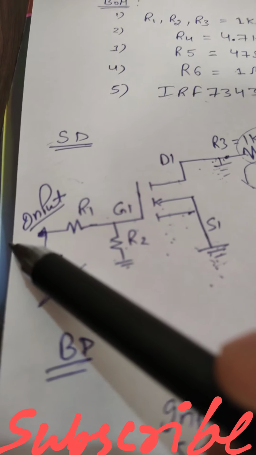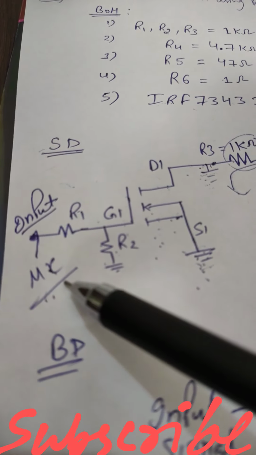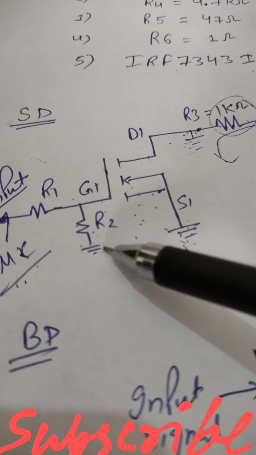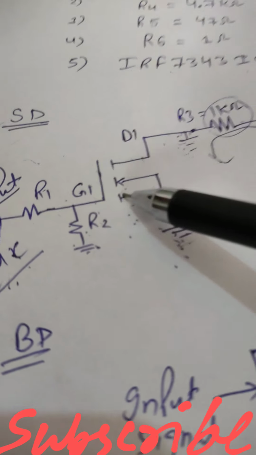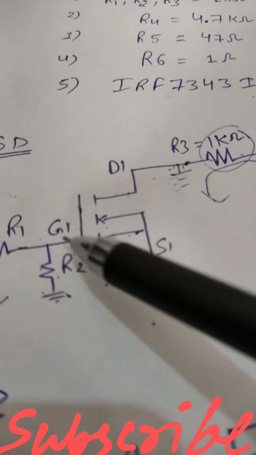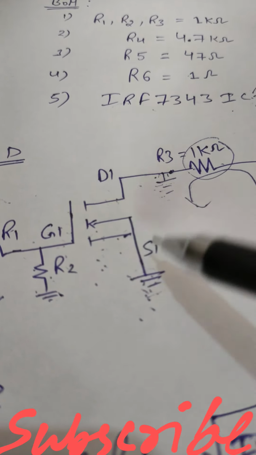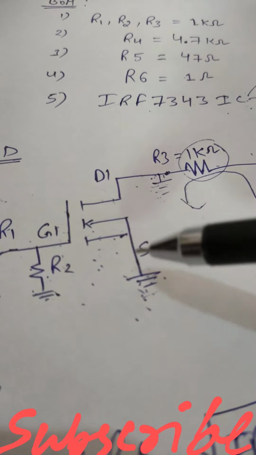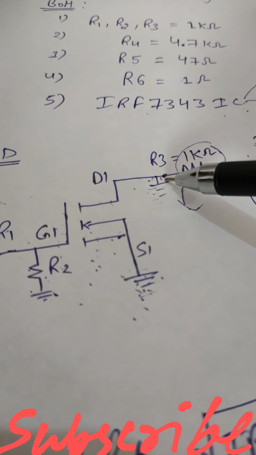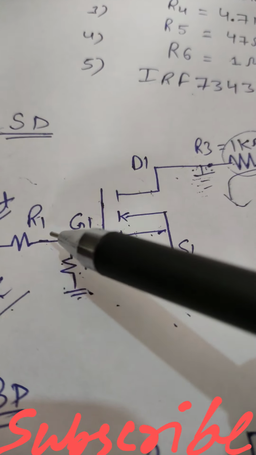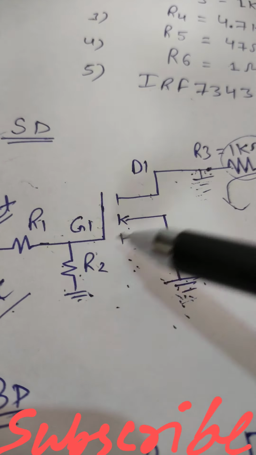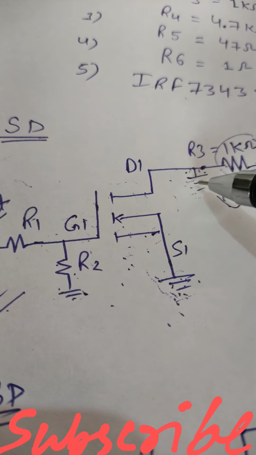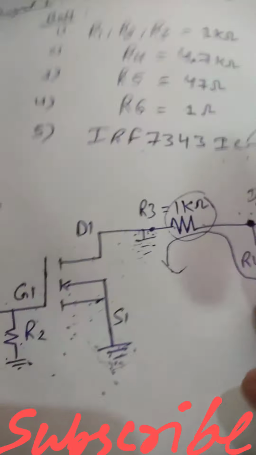So this is the input. The input can come from the microcontroller or a hardware input. This is the resistance voltage divider circuit. This is the gate of the PMOS. This is the gate of NMOS. If you know the basics of PMOS and NMOS, NMOS is strong enough to route logic 0 or ground through it. So when enough VGS appears here, this NMOS will be in the on state and this ground will appear here as shown.